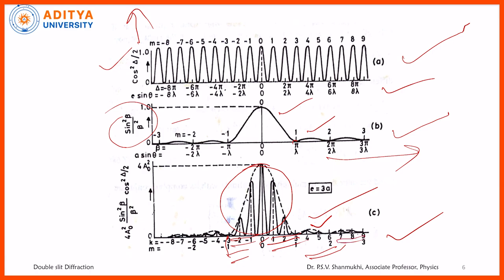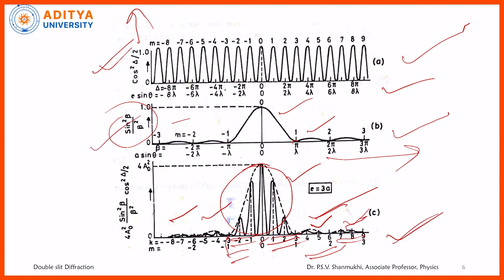Similarly, you go to somewhat more distance, there also on either side of the central maximum you will get two peaks, left side two peaks, right side two peaks. That is called the second order spectrum. That means K is equal to 0, central spectrum, first order spectrum, second order. Similarly, you go to the left side: first order, second order, several spectra we get. To understand this completely, if you take the n slits case, that is nothing but a grating. Here we are just combining the interference graph and the diffraction graph.